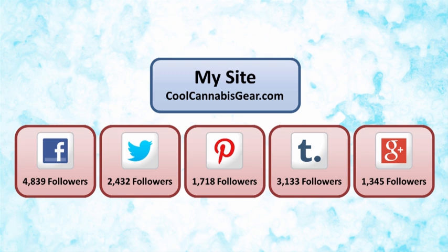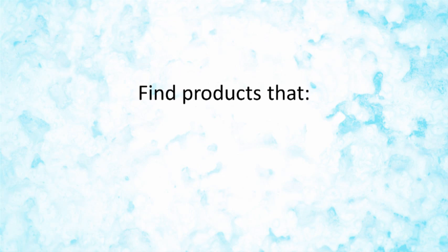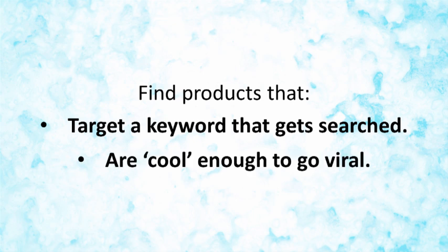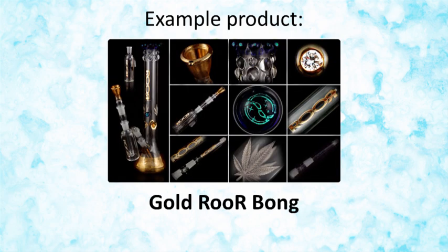Now here's how I can use these profiles to get my site dominating the search engines, the social networks, and basically the whole of the internet for cannabis gear. What I would do is find products that both target a keyword that gets searched for in the search engines and that are cool enough to get shared on the social networks. So, for example, I could add a page to my Cool Cannabis Gear site about this badass bong that's made from gold and sells for a massive